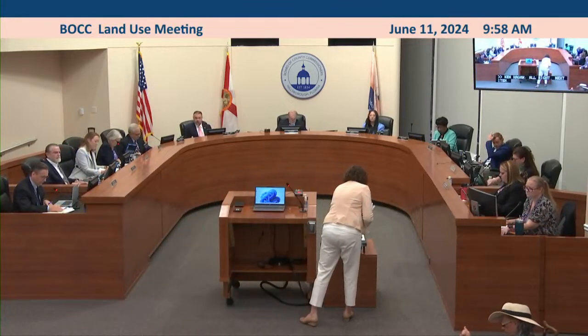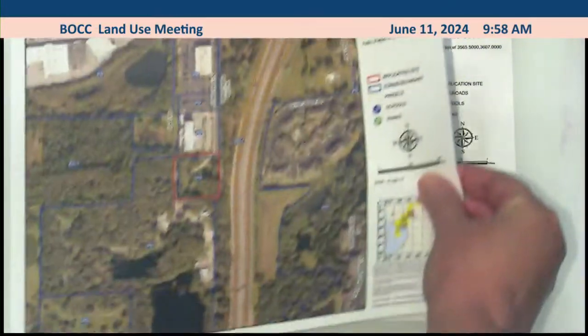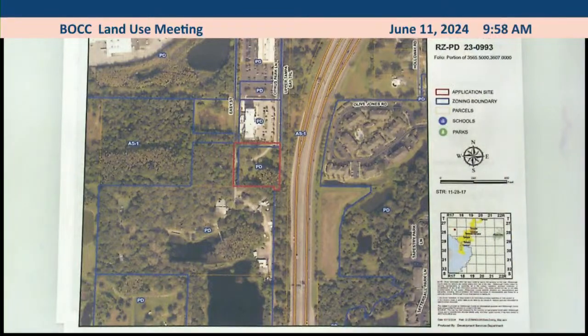Commissioners, that takes us to a related portion of the agenda. We have 4 related items regarding 3 rezonings and a minor modification to parcels located in the Citrus Park area, south of Citrus Park Drive, west of Citrus Park Lane, and also west of the Veterans Expressway. The first item, G1A, is a major modification to allow the planned development to provide for 2